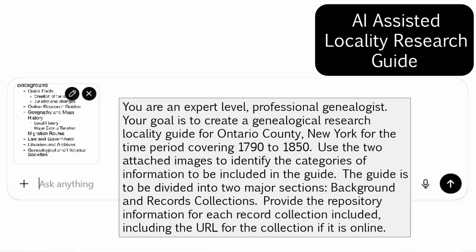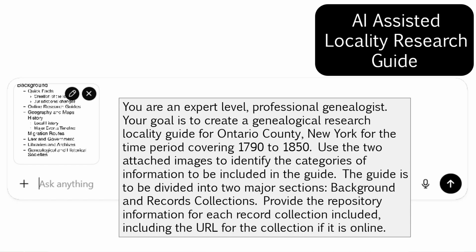So you get your prompt, you upload your document. There's my document with all those categories of information I want, just like you just saw it. I write my prompt. You are an expert level professional genealogist. Your goal is to create a genealogical research locality guide for Ontario County, New York for the time period 1790 to 1850.